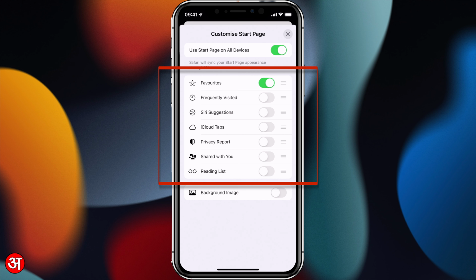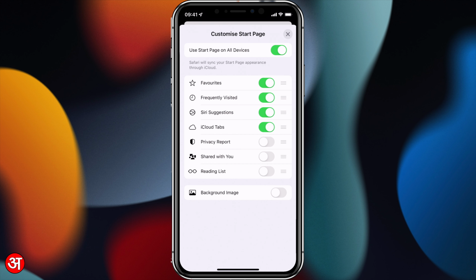Below that I've got a load of sections that I can turn on or off. So by default we have favorites turned on. However, I've got all these other options that I can choose from. So I'll turn on perhaps frequently visited, maybe Siri suggestions I'll have on, iCloud tabs, privacy reports, and we've got a couple of these other options which I'll leave off, but we've got reading list as well as